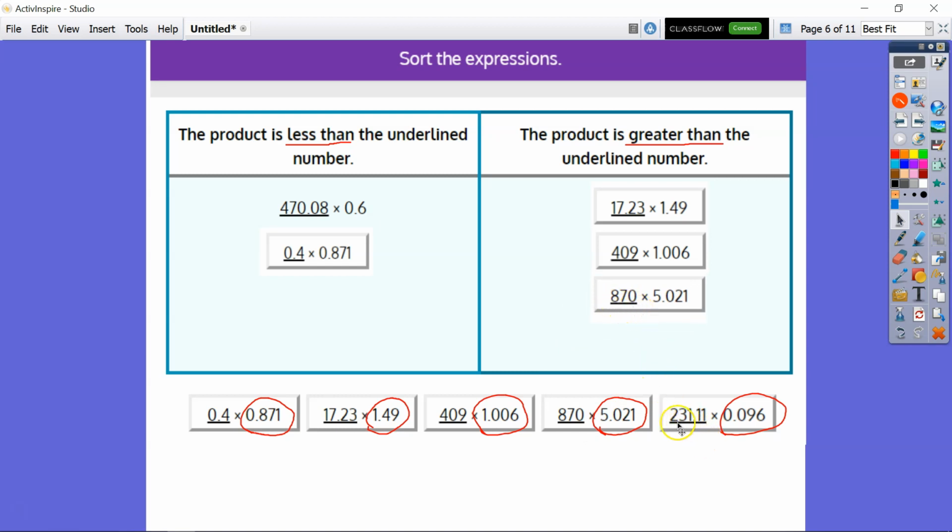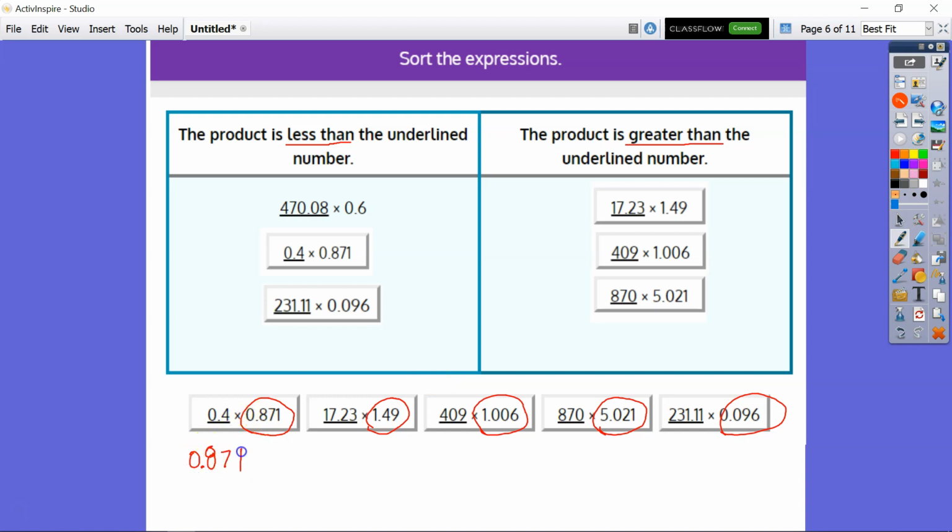Last but not least, 231 1100ths times 96 thousandths. 96 thousandths is less than 1, so the product of those two numbers is going to be less than 231 1100ths. All right, and once again, the way I did this, I just looked at the scaling factor